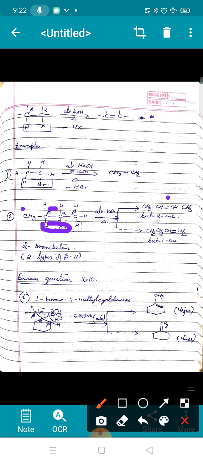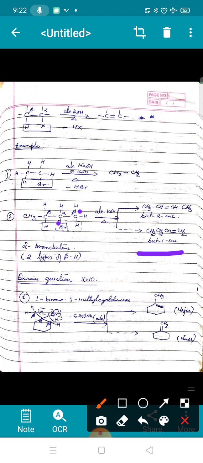So that's how a double bond has formed here. So what we have is CH3, CH, then a double bond formed between 2 and 3. So we have a double bond between carbon 2 and carbon 3, and lastly we have a CH3. So the name of this compound is but-2-ene. On the other hand, if beta hydrogen from position 1 is lost, which is shown by this dotted line, then the double bond will be formed between carbon 1 and carbon 2, and the product formed will be but-1-ene.